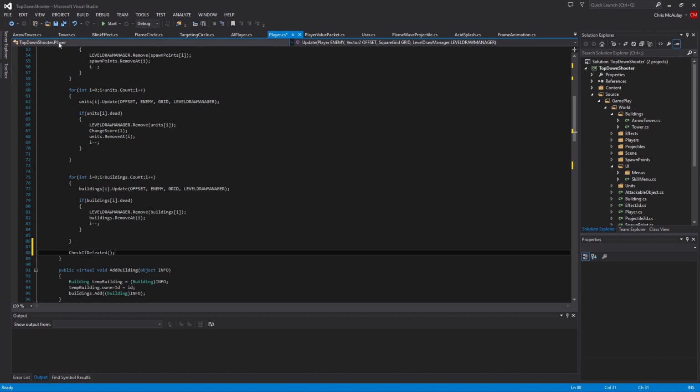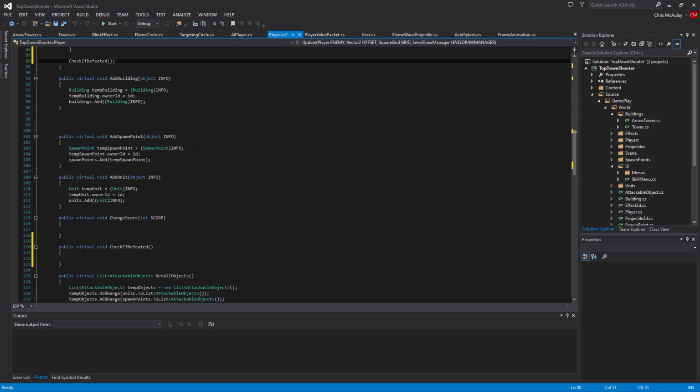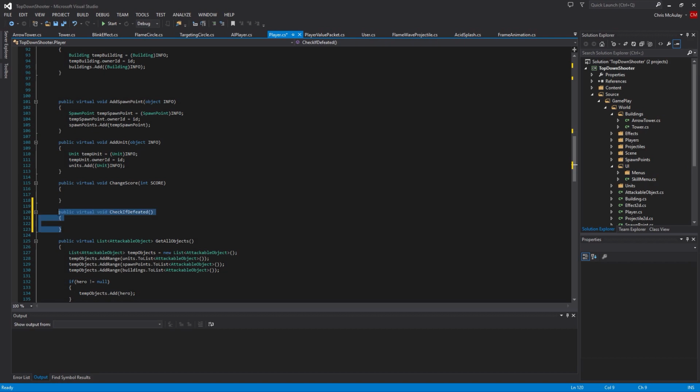Okay, so all players will check if they're defeated every frame. You could slow that down with a timer if you wanted to, if you didn't want to make that check every frame. But in this case it's going to be so small and light on the system that it's not even worth fighting with, so we're going to move ahead. Oh, sorry, I need that function. Alright, so we have check if defeated,